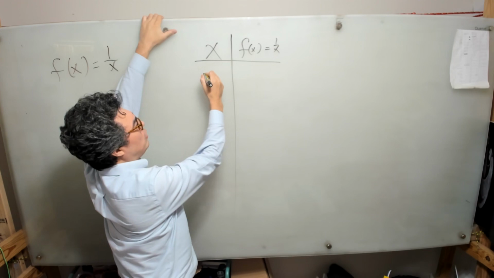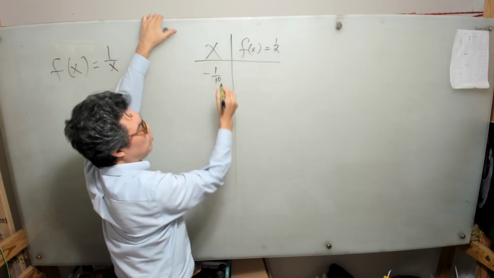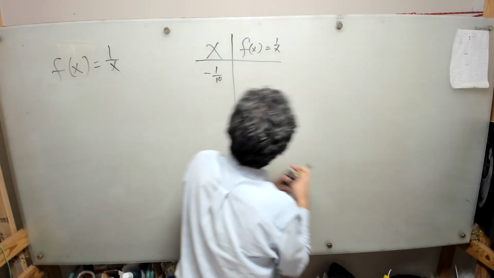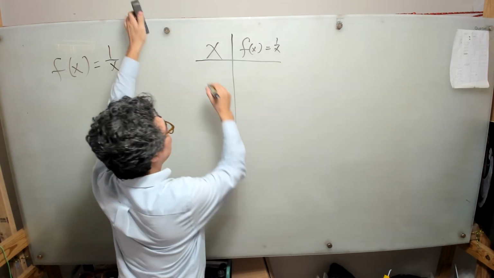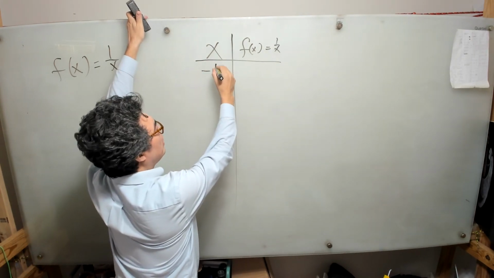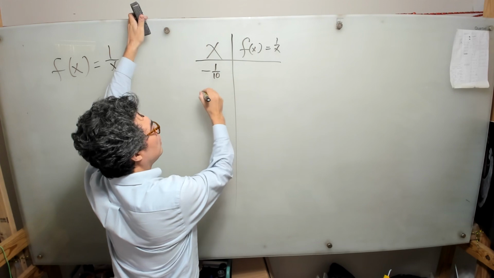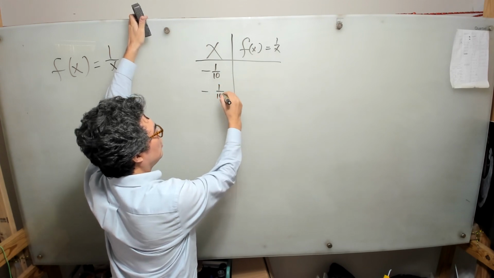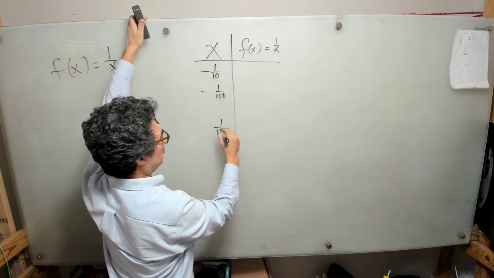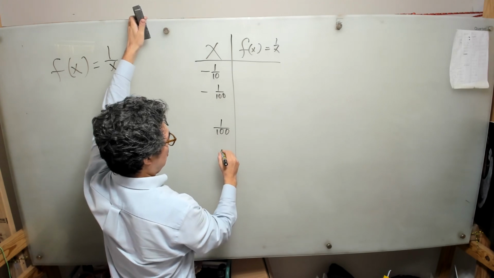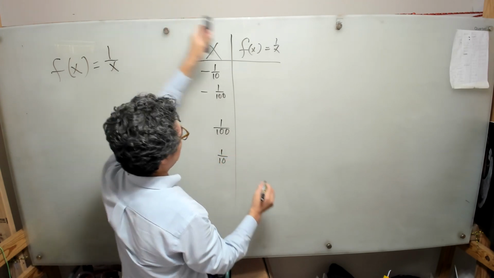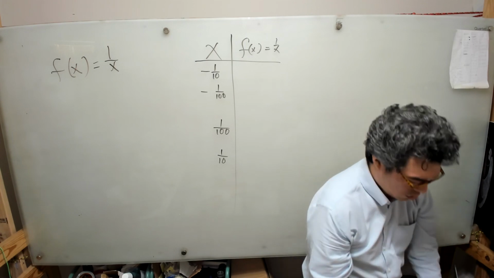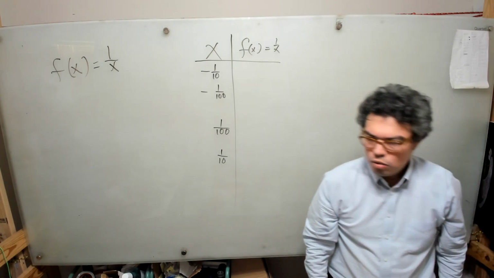So for example, negative 1 over 10. Oops, maybe not that one. Okay. Let's start with negative 1 over 10, that is fine. Negative 1 over 100. 1 over 100. And 1/10. Now, by the way, you guys might ask, well, David,